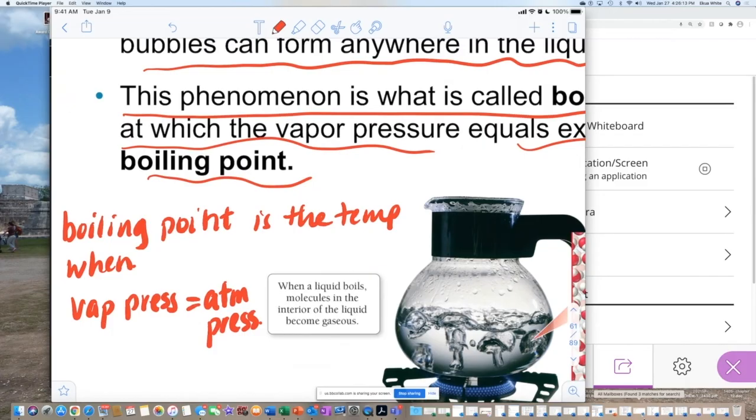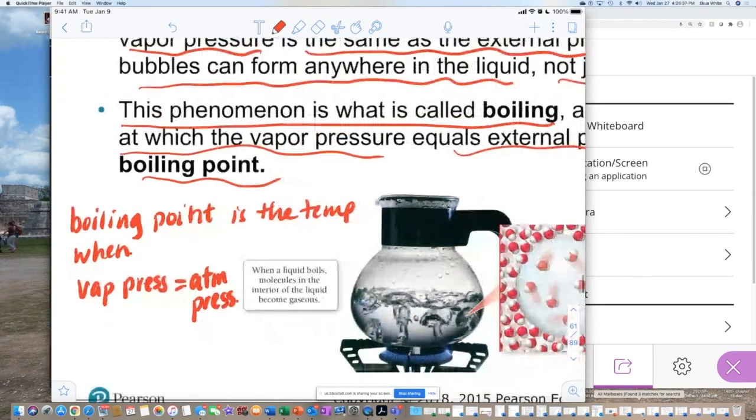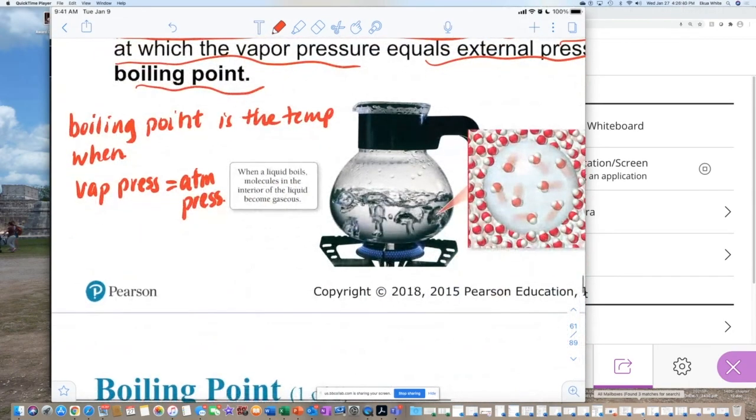Okay. At our level, we're not doing experiments in an enclosed container. Of course, when you get to upper level chemistry, you want to understand it doesn't necessarily have to be the atmospheric pressure, it has to be the pressure of the environment close to the container where boiling is taking place. You can actually modify the boiling temperature by modifying the atmosphere around the container. And there have been YouTube videos about this. But yeah, get the pressure in the container to match the pressure around the container, and you get